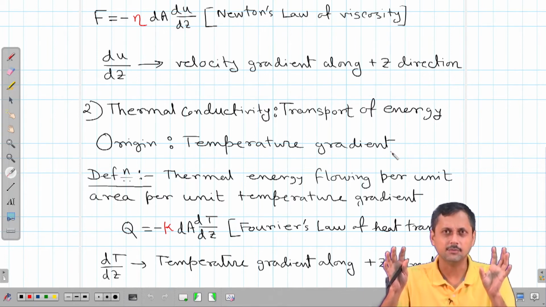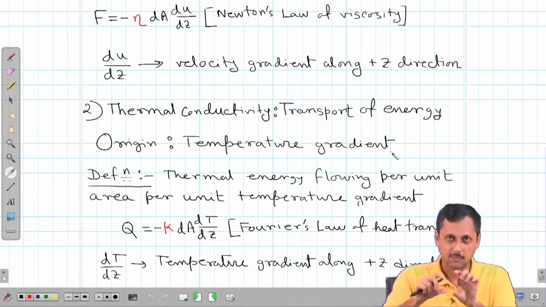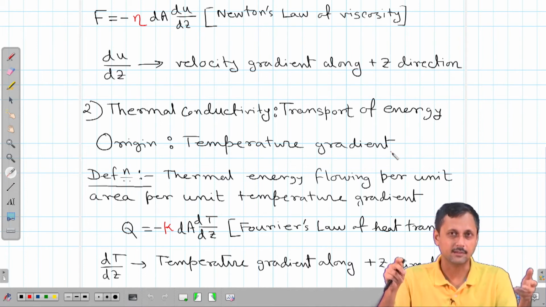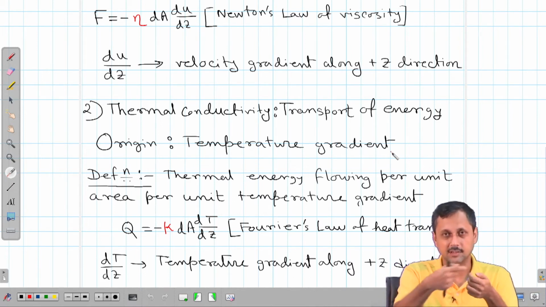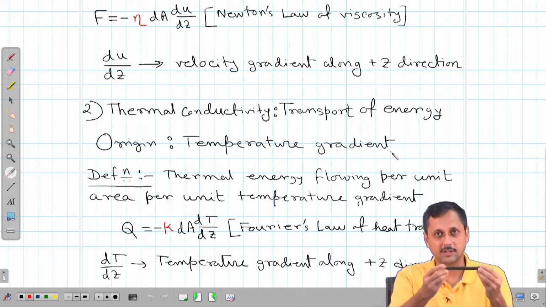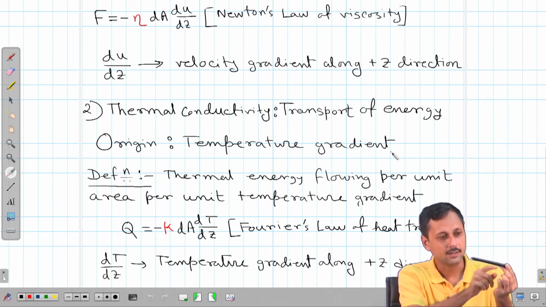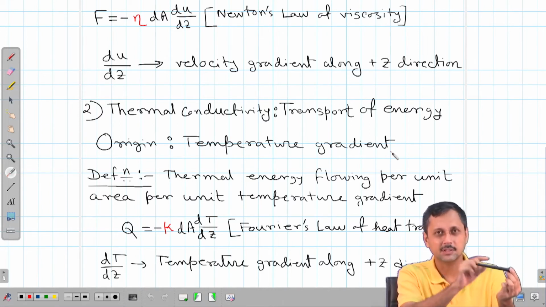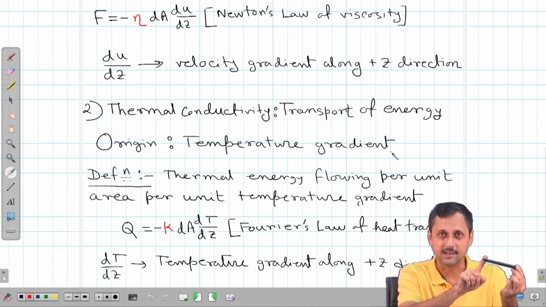We have seen that even in a solid, if we have one metal rod, one end is in an oven, the other end is uniform, let us say this is a metal rod, metal body. So, if this end is put on an oven, the other end slowly heats up, and of course, because of the heat dissipation, the temperature change in this part is more and temperature change in this part is less.